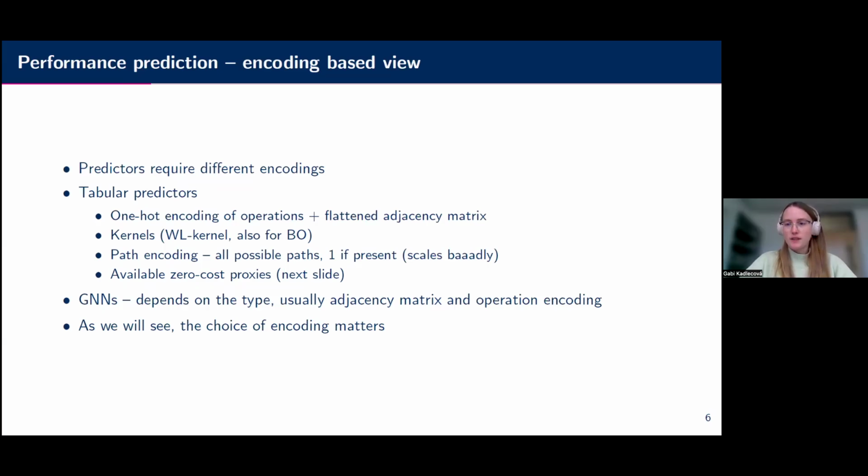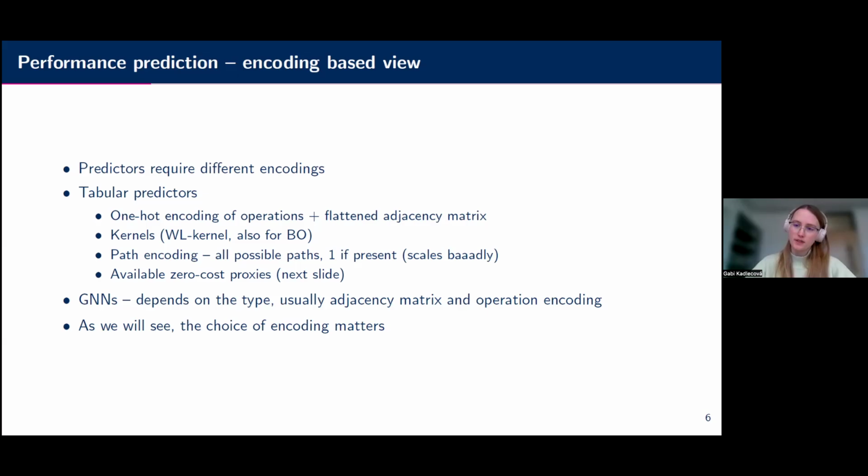But today we'll focus on a different point of view on performance predictors, and that is in the form of how to encode architectures for performance predictors. So this is kind of determined by the type of the predictor.